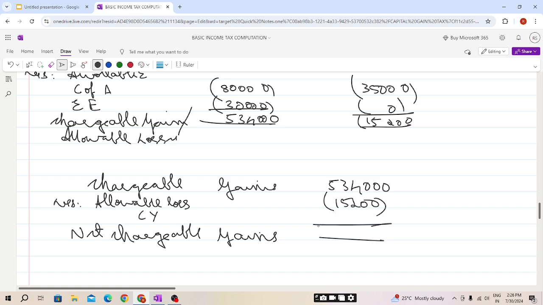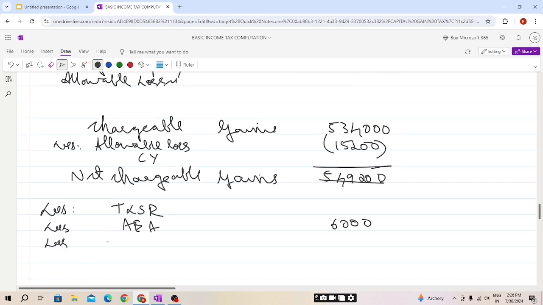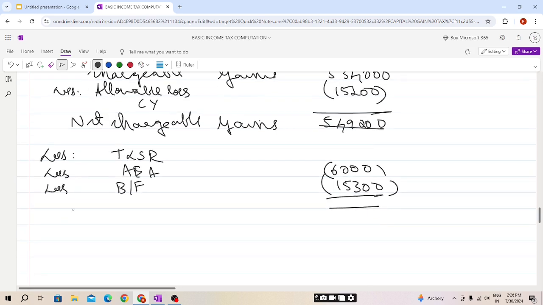534,000 pounds plus 15,200. It is 549,200, less, students, less any trade loss set off relief. Nothing. Less AEA, students, yes, in full it is available. Then less brought forward loss, yes, we do have brought forward loss of 15,300, students. So this way